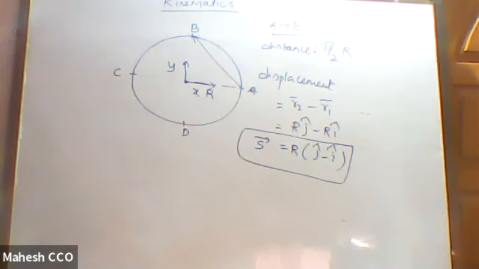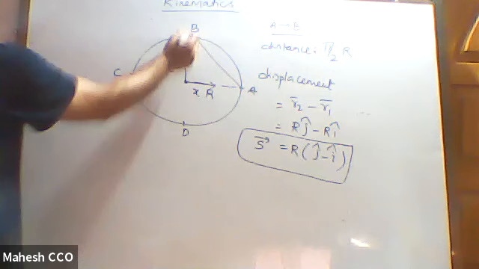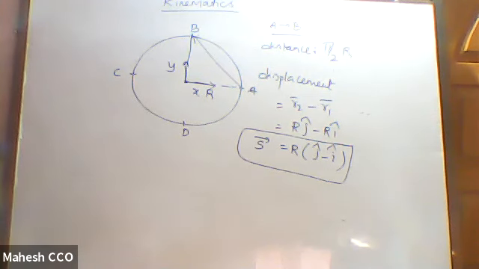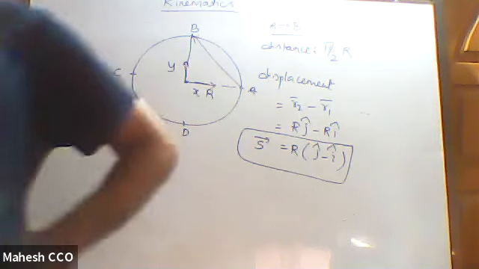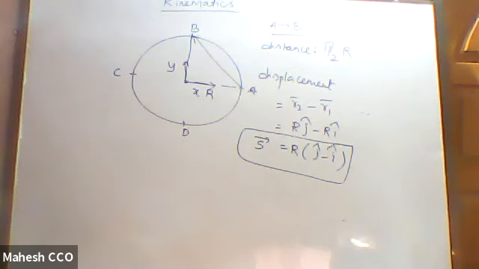Now if you take the magnitude of this vector, you will get r root 2. As I said before, the magnitude of displacement can be easily found using the geometry. Straight away join A and B, that is the displacement. This will form a right angle triangle, and the two sides are r and r, so the hypotenuse is r root 2. So the displacement from A to B is indeed r root 2. You can obtain that by using this vector notation also, just by taking the magnitude. So the vector displacement can be represented in this manner.